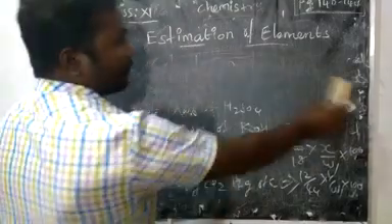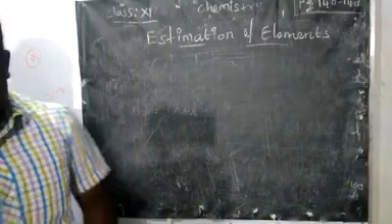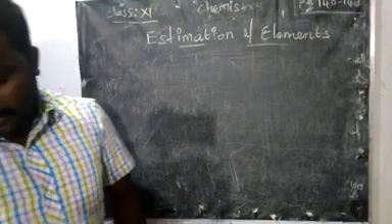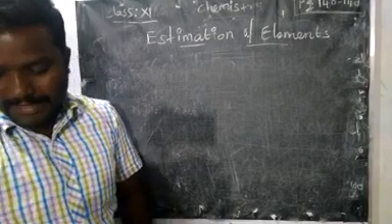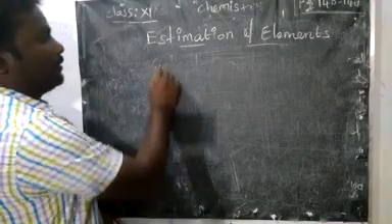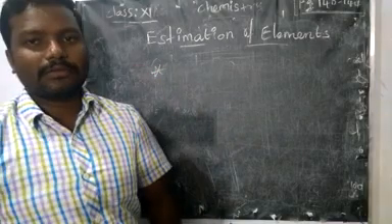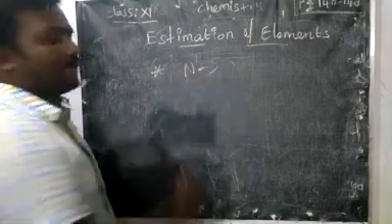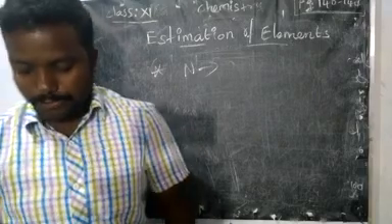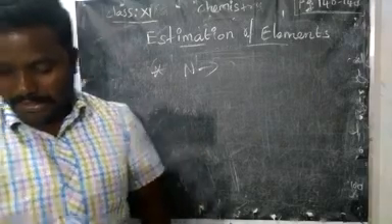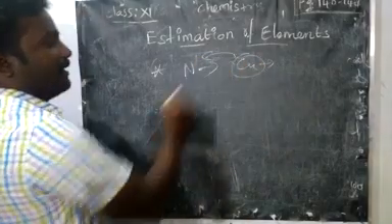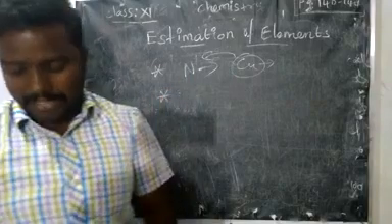Next, we are going to estimate other compounds. Before that, some instructions are given. Note, what is that? See, is there nitrogen? In case you do the reaction with carbon and oxygen, unknowingly, if you have nitrogen, what happens? It may give some other nitrogen dioxide compound. So to avoid that, we can use a spiral of copper. Very important. Nitrogen means you have to use a spiral of copper.